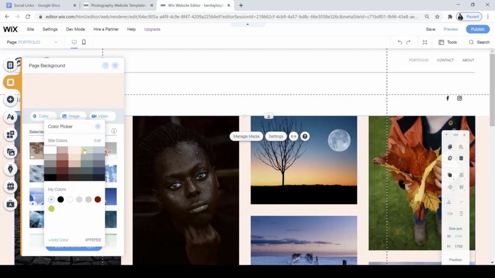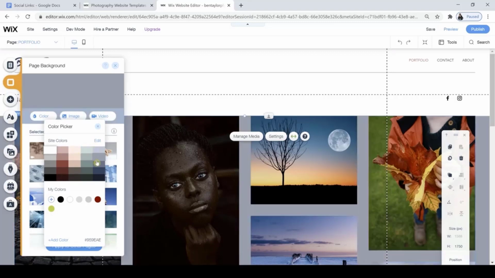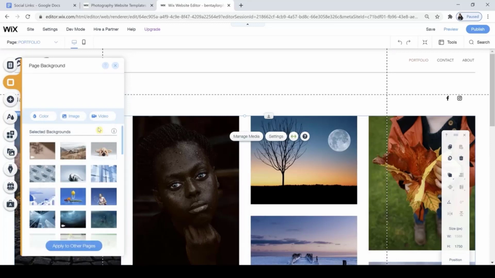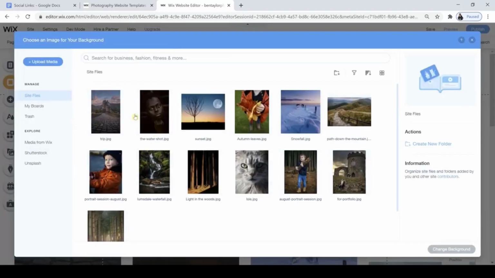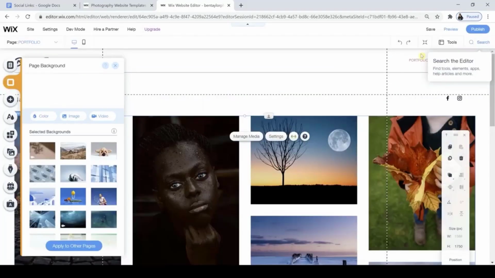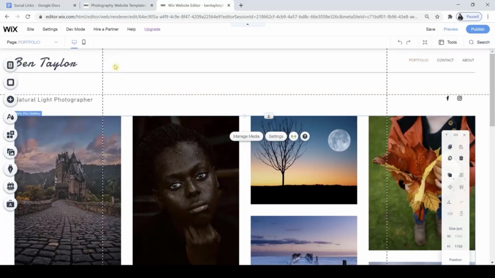I actually think this green's quite nice, actually. But because I want my images to really be the showcase of my portfolio, I think I just want to keep it nice and plain, nice white background. I can also choose images though if I want to, and I could add them into the background as well. But I think that's just going to be too much. So I'm just going to switch that off now, click the X, and then I'm just going to keep it